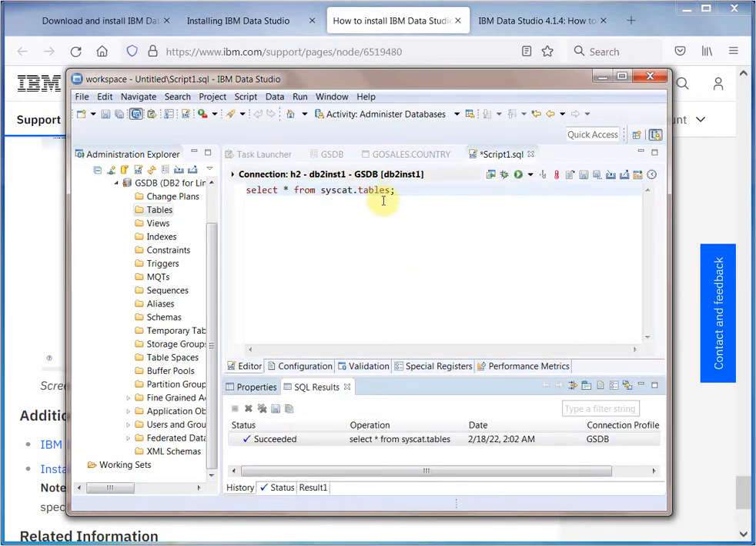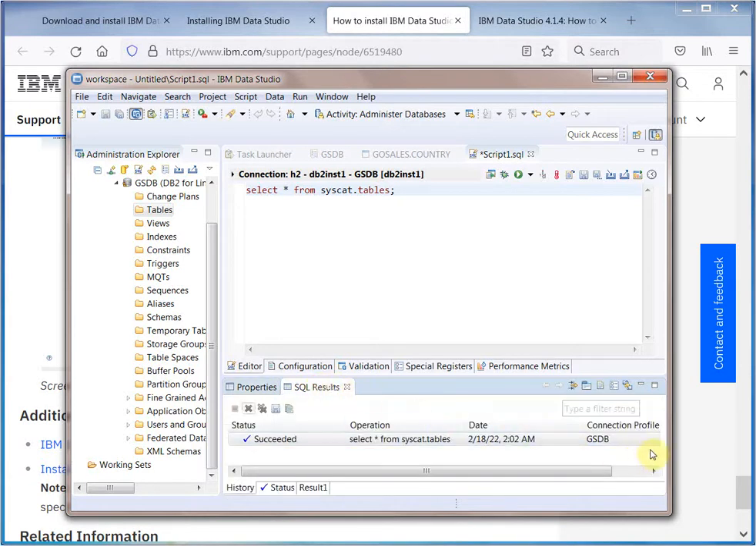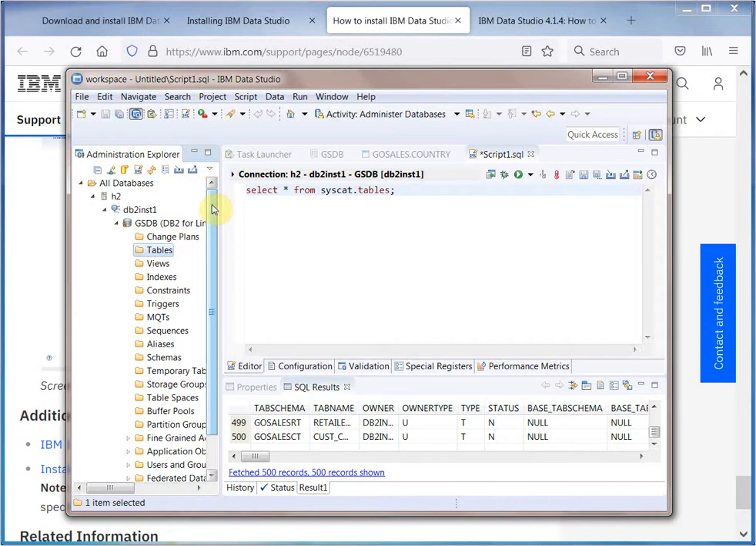So select, let's see the SQL result, successful, properties, SQL result, and the result set is here. You see all the like 500 rows, something like that. However, if you work with development, you might need to help them to do certain things, including certain administration related tasks. For example, let's see, you do the right